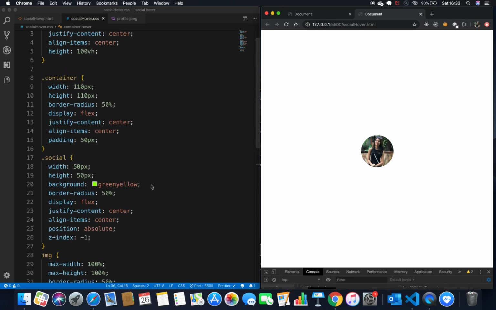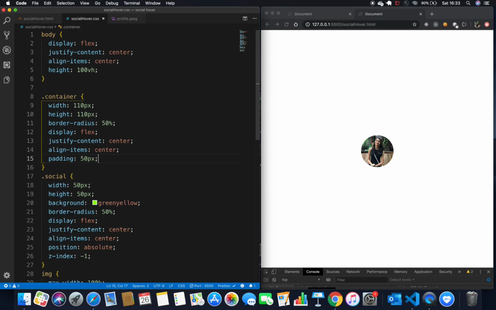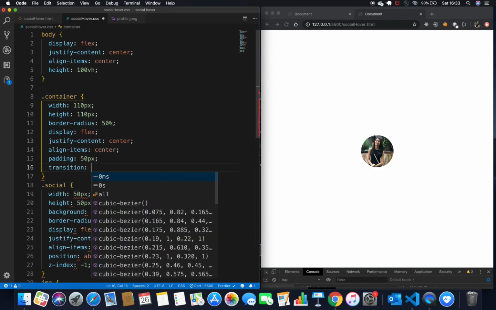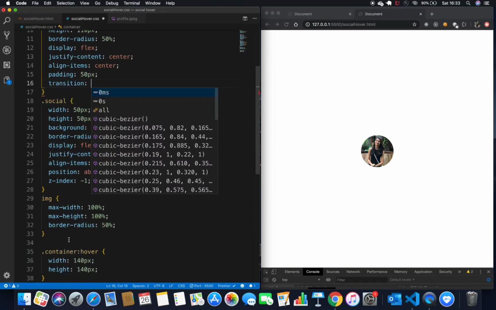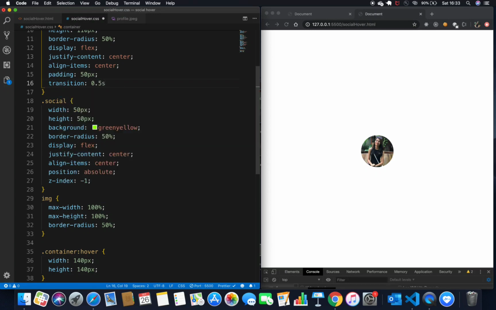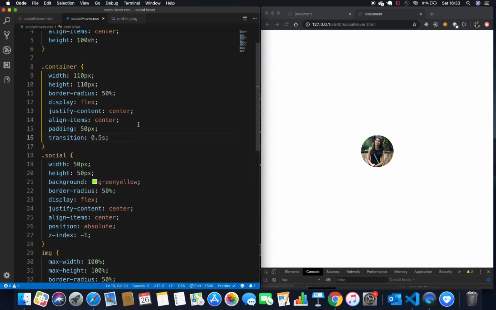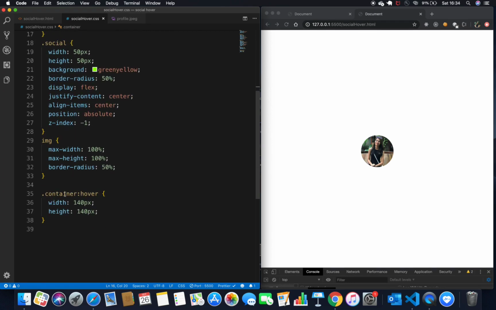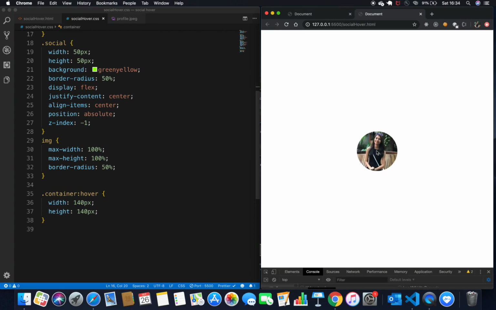So now we'll go ahead and add the transition. So we want to add transition to the container, right? And when do we want it? Basically on both the height and width. When you want it on all the properties, you don't have to explicitly specify height or width, but what is compulsory is the timing. You need to give for how long the transition should occur, otherwise it won't work. So let's say for 0.5 seconds you have to give it to the container because we want the transition on the container. Okay, now we can see that it's smoothly increasing, right, on hover. So we are done with the transition on this image.